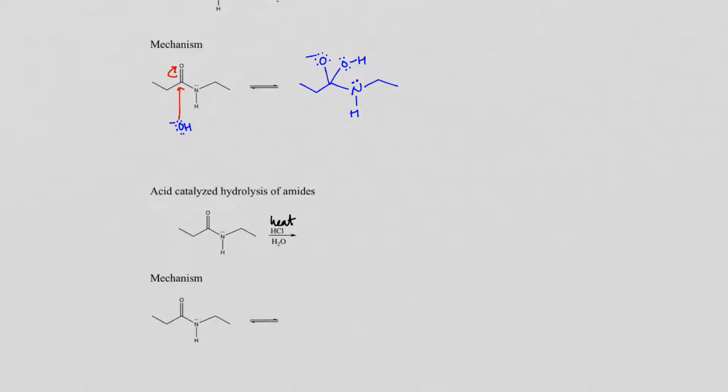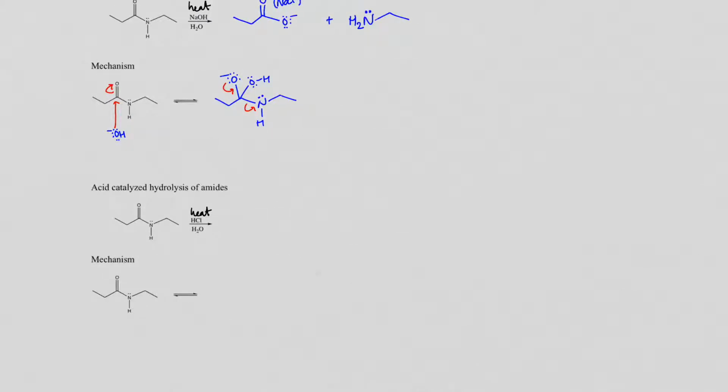There we go. So now we have our tetrahedral intermediate. We're going to reform our carbonyl, push out this soon-to-be ethylamine,